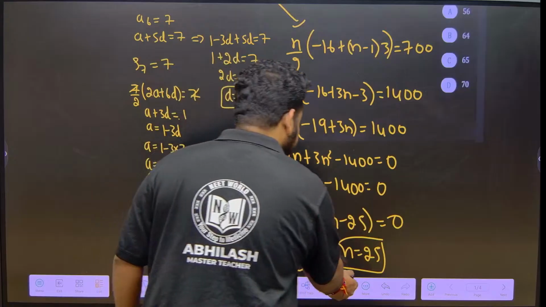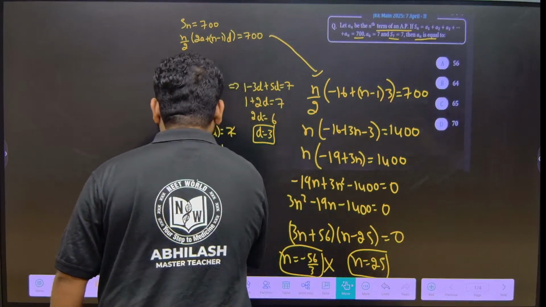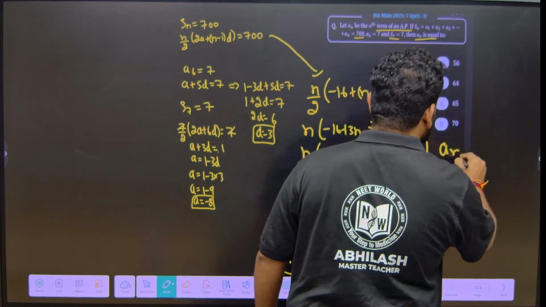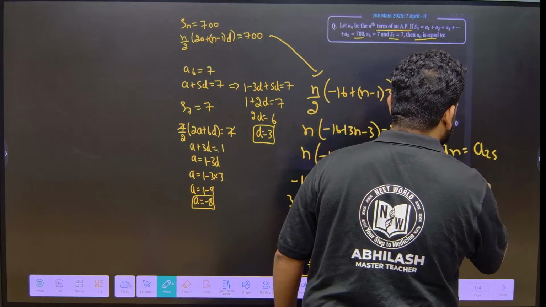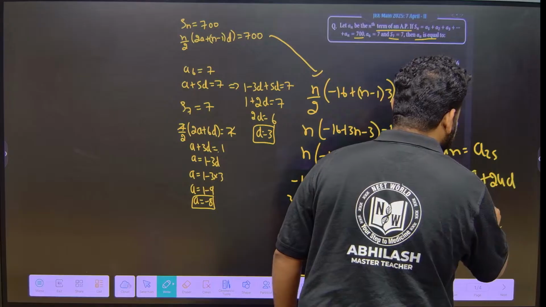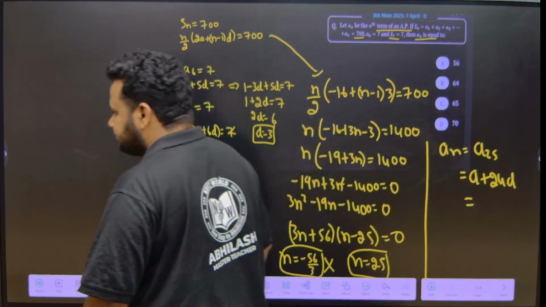Now what do we have to find out? They are asking us to find an. So an is nothing but a25, and a25 is nothing but a plus 24d. So a plus 24d means what? A is what, friends? A we found out as